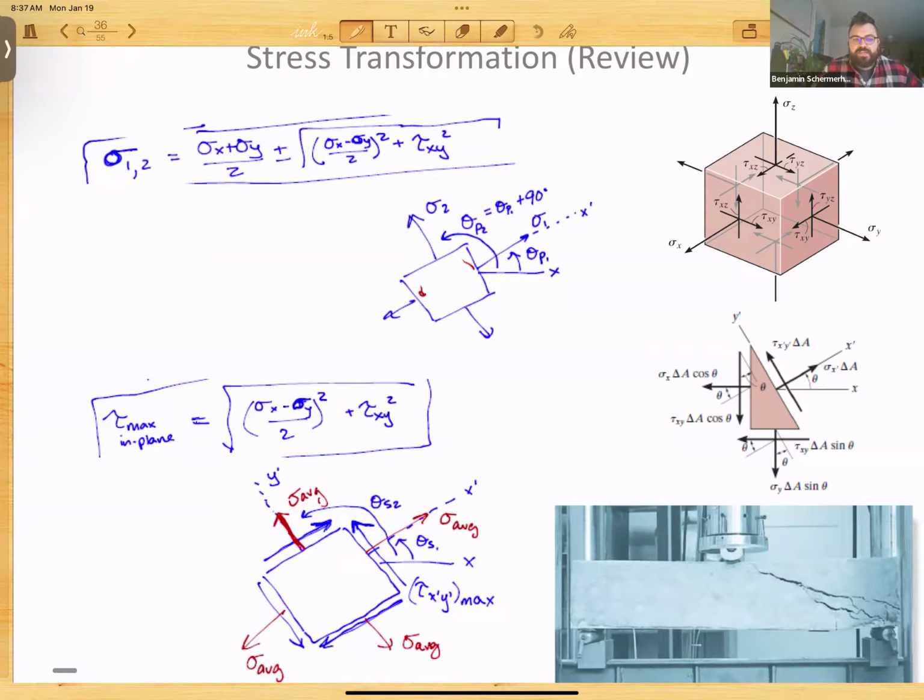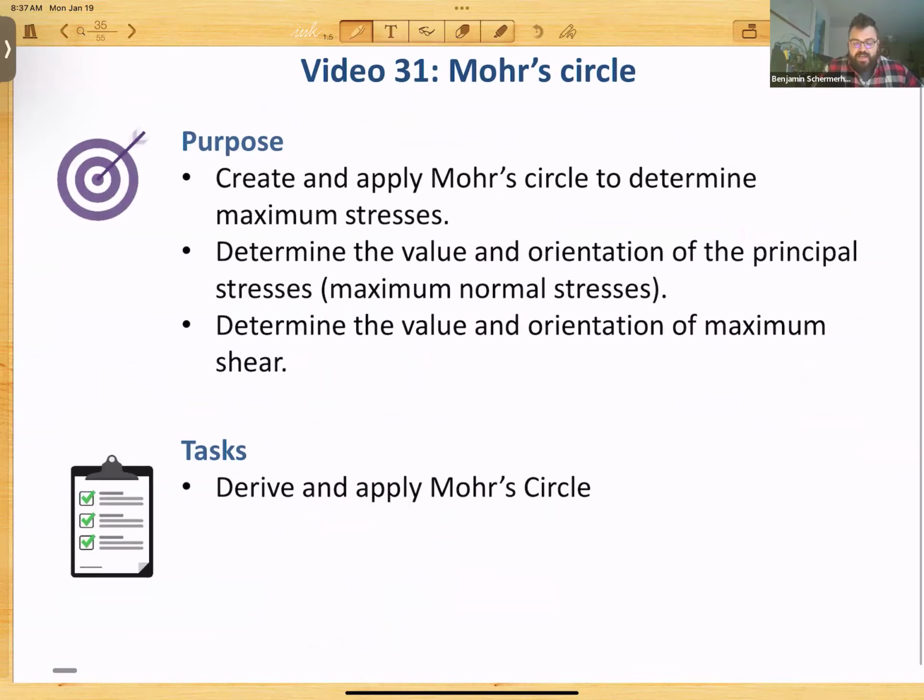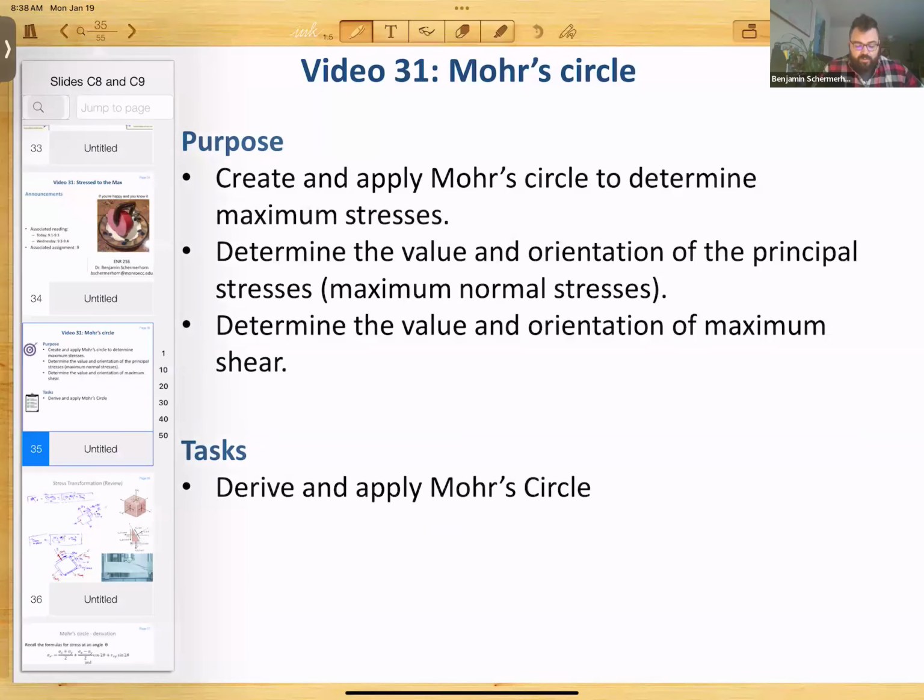We're going to keep working with those ideas, but we're going to get to them faster. And we're going to talk about stress transformation in a slightly different way. So our goal for today is to be able to create and apply Mohr's circle to determine maximum stress, and also to figure out the value and orientation of the principal stresses a little bit quicker. So we're going to derive Mohr's circle,